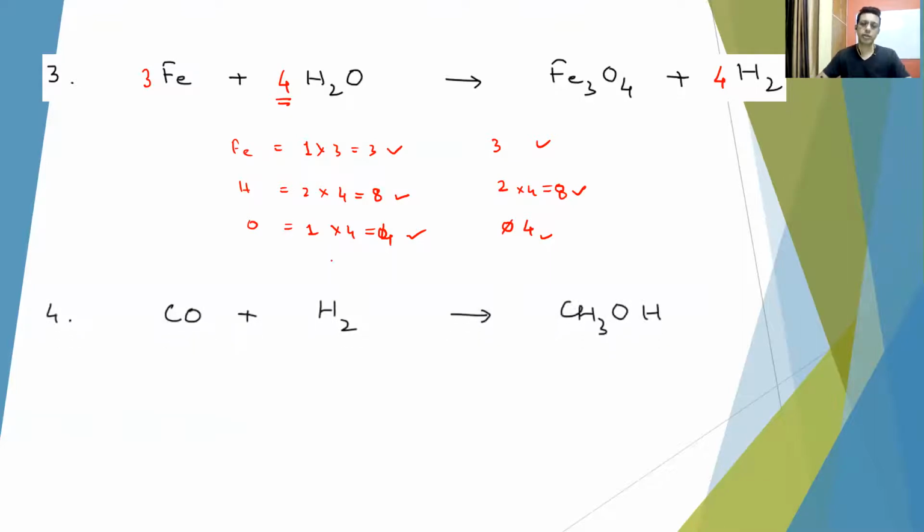So next equation is this. Let us give the bracket here. So this bracket means inside the formula, inside the bracket, you are not going to make any changes. Now I'm not going to write the numbers. Carbon 1 left hand side, 1 right hand side balanced. Oxygen 1 left hand side, 1 right hand side balanced. Hydrogen is 2 here, and hydrogen is 3 plus 1, 4 here. So 4 here, 2 here, place 2, hydrogen is balanced.